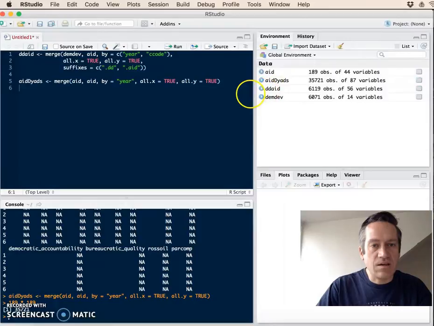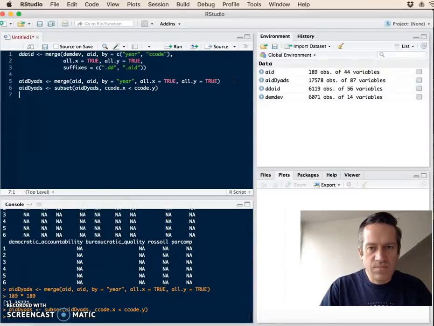and B and A. So we probably want to reduce this by using the subset command, and for example only take those cases where the CC code for the first case is smaller than the CC code for the second case. So now we have just 18,000 observations, and every pair only appears once, only AB and not B and